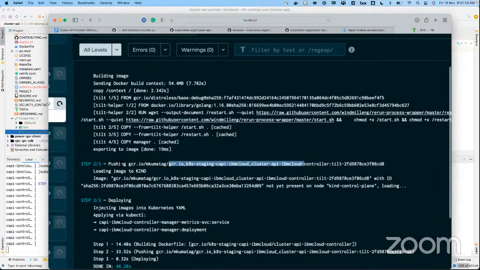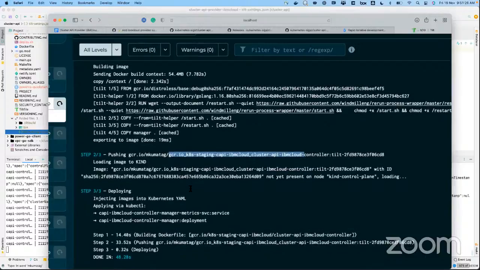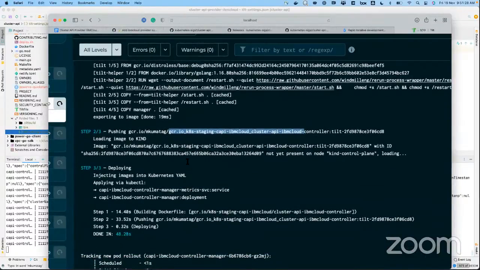And then for the kind cluster, there's a logic where you can build your own images, load the images into the kind cluster, and then start the deployment of the controller from that kind cluster. So that's very friendly in kind. If you want to test local images, that's very helpful.